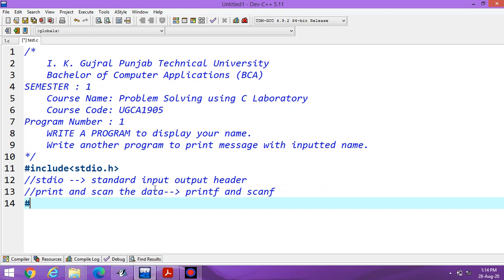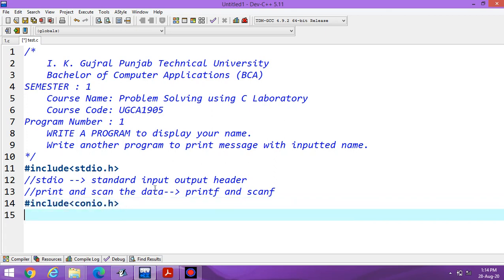The second header file is conio.h. What is the meaning of conio? Conio stands for console input output header.